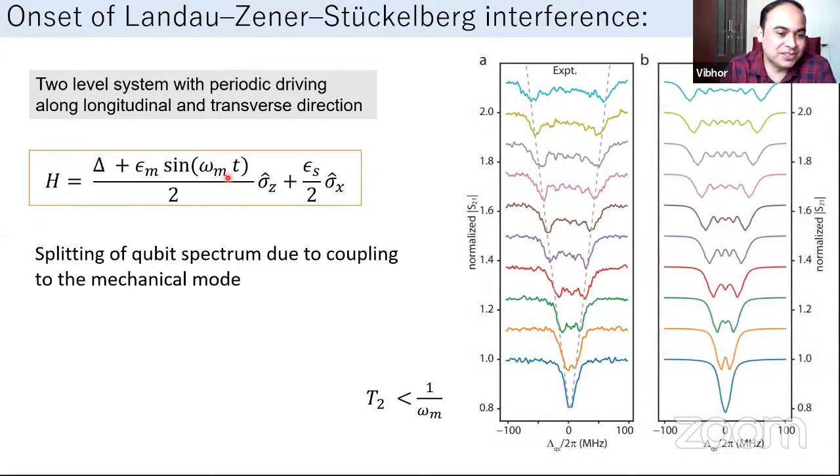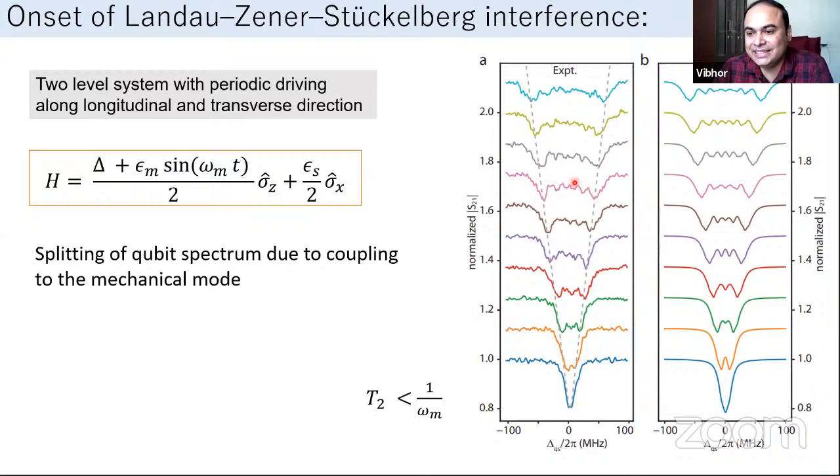The splitting of this qubit spectrum comes from the fact that if you consider a qubit with a transverse drive, the system is going through these avoided crossing regions multiple times. Depending on how fast it is crossing, you can cause a transition from one quasi-energy to another. In between, it accumulates a phase, which is referred to as the Stückelberg phase. Due to this accumulated phase, there could be an interference that shows up in the qubit spectrum. So these weak fringes that we observe here come from the interference of the phase that the system has accumulated while going from one quasi-energy to another.